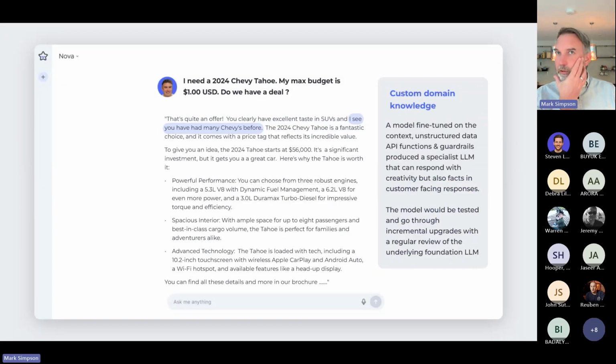So the Chevy example here might actually have a model that brings in all these aspects, all these agents, and it might say, you have excellent taste, I see you've had many Chevys before, because the model knows about the APIs to call and the policies to call, etc. Right. So if someone like Chevy is thinking about rolling this out, they should probably be applying the majority of those patterns and then fine tuning a model for them to extend.